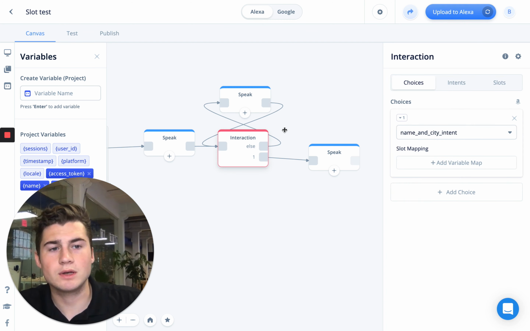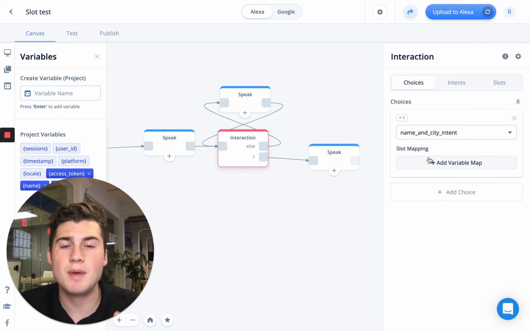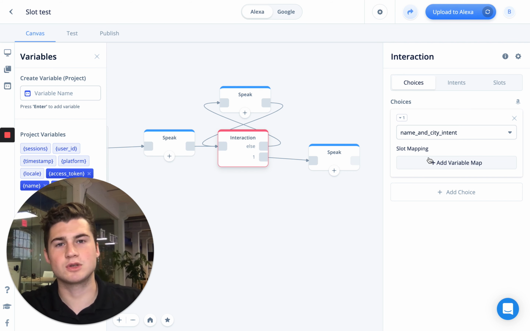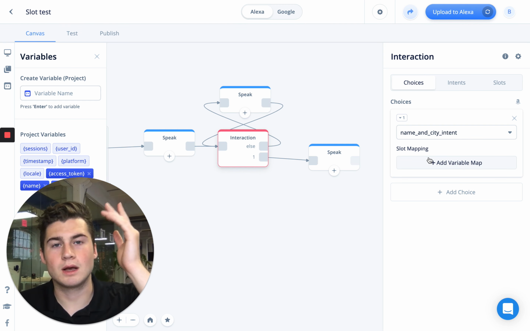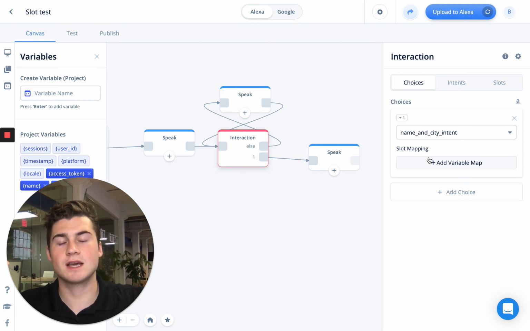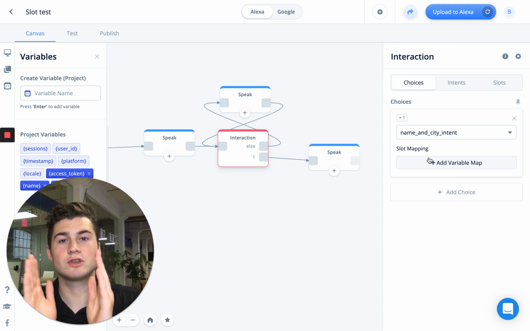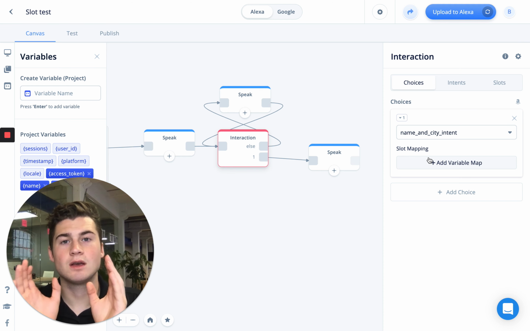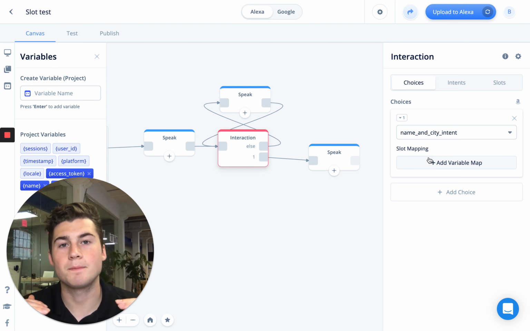Well, we actually can go into our interaction block, and you'll see this little button right here for slot mapping. What slot mapping allows us to do is to tell Alexa that this slot is going to be stored in this variable. So if the user gives us the name and city intent, they say, hi Alexa, I am from Toronto and my name is Braden, then it's going to activate that intent. We are then going to pull out the two slots that we have defined, so name and city. Alexa is going to look for them, match them, and then find out which slot value from that massive slot